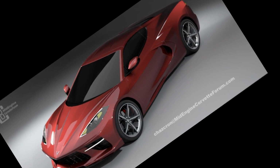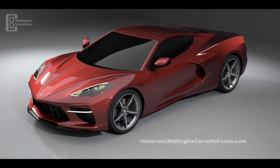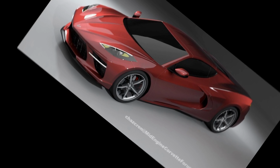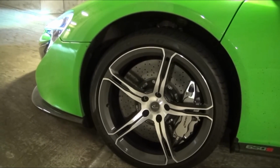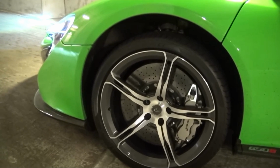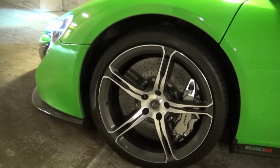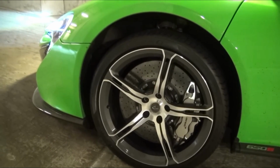All right, so getting right into the list, the number 1 option available for this car that is going to really put it over the edge and really make it just fantastic is, of course, the front end lift. I've mentioned this a couple different times. Even after my first time driving a Lamborghini that had a front end lift, it was still one of my favorite options. Something so subtle, yet so useful is just absolutely great to have on a car that is more